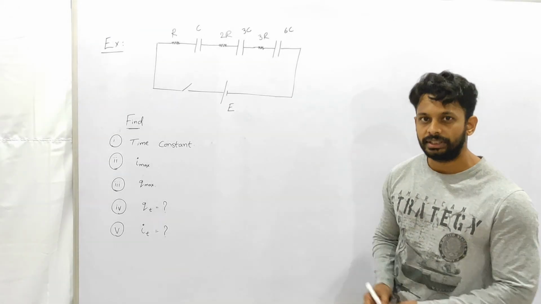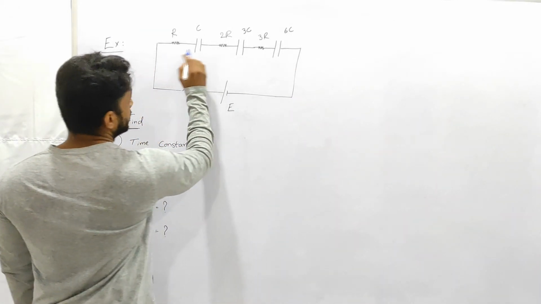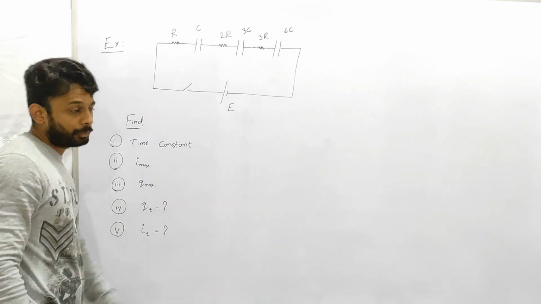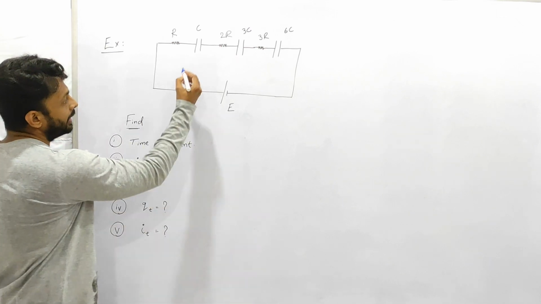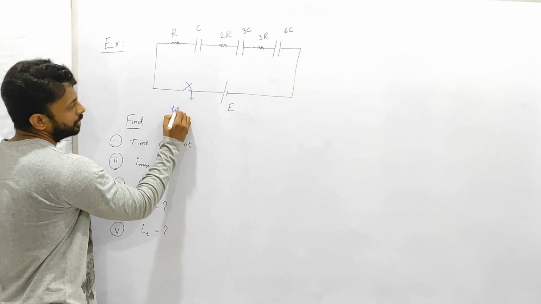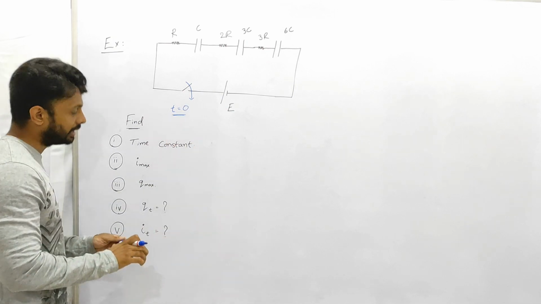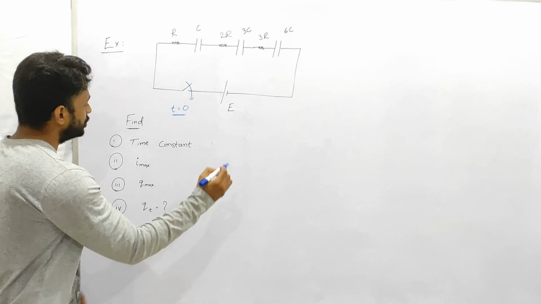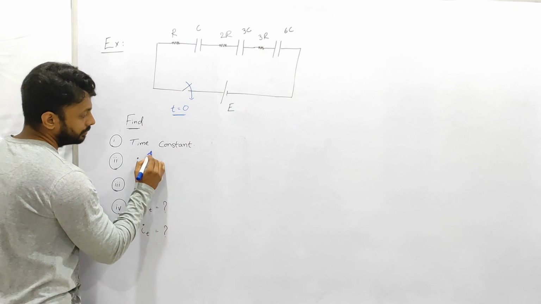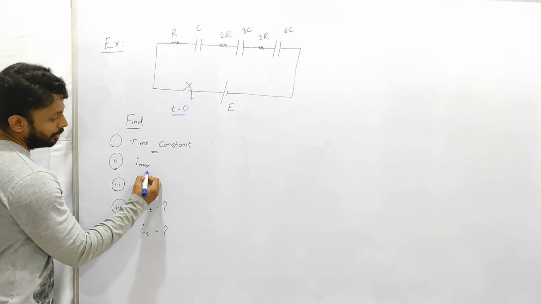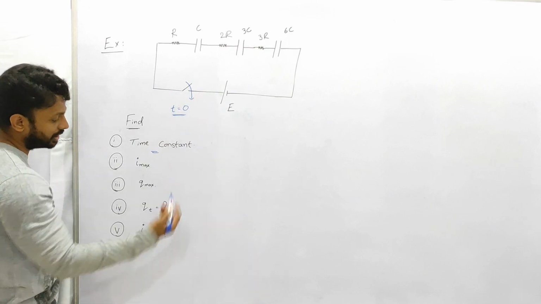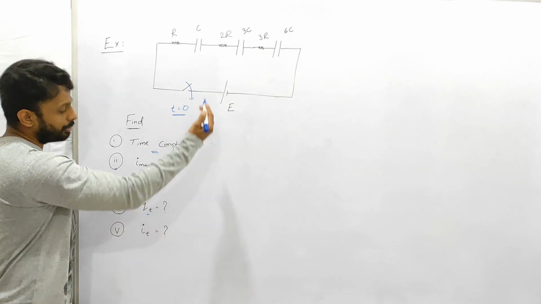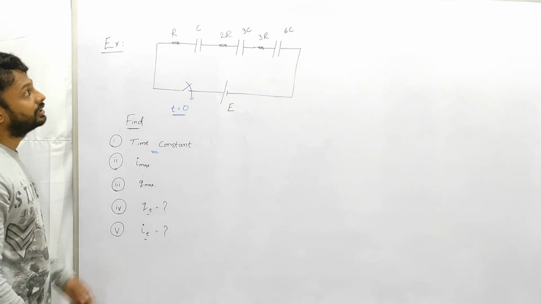Okay, let's consider another example where 3 resistors and 3 capacitors are connected via a battery of EMF E, and now here the switch is closed at time t equal to 0. I started counting the time at t equal to 0 when the switch was closed, and in this situation I want to find out the time constant of the circuit, the maximum current in the circuit, the maximum charge on any capacitor, and what is the charge on any capacitor as a function of time, and the current through any resistor as a function